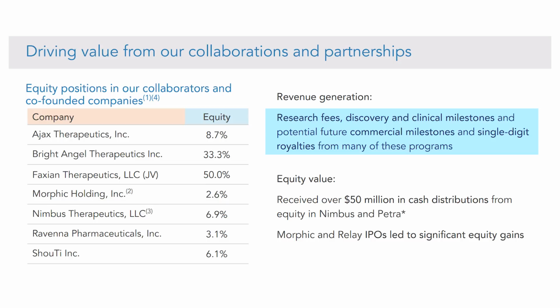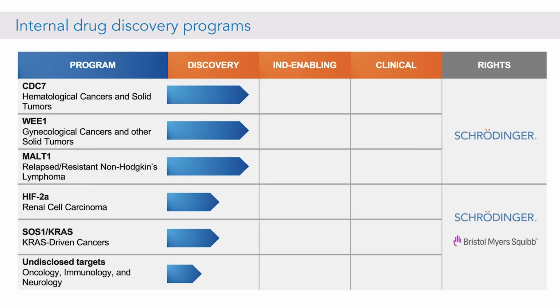Schrodinger generates revenue from these businesses as well, through research fees, clinical milestones, and potential future commercial milestones and royalties. This means that they're generating revenue from research fees immediately. Then if the partner clinical trials succeed, they will also collect payments or royalties. As I said earlier though, Schrodinger has their own programs going on right now, but all of them are still